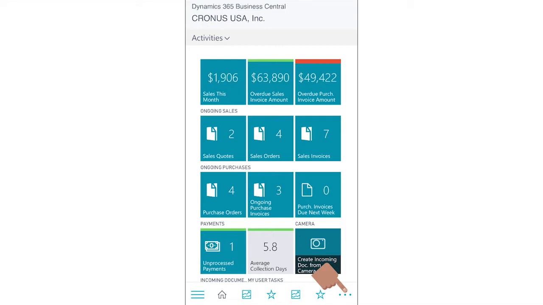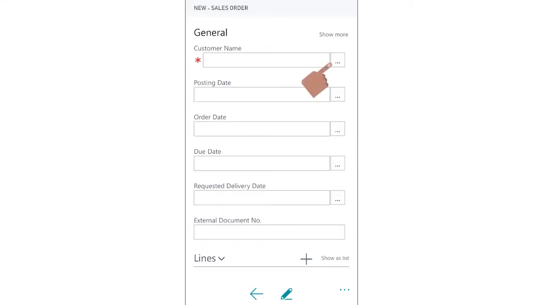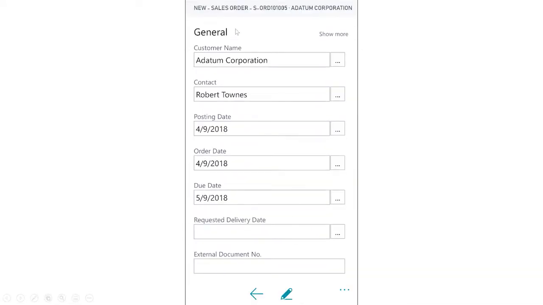Let's begin here. So you notice I've got the ability to scroll up and create a sales order. And from within there, I'll go ahead and just select the list of my customers. Again, I've got some rich information, as well as looking at their customer balances. I'm going to go ahead and select Adatum. They have a 0 balance right now. And there I get the header information. I can scroll up